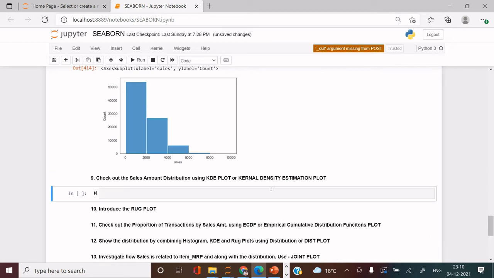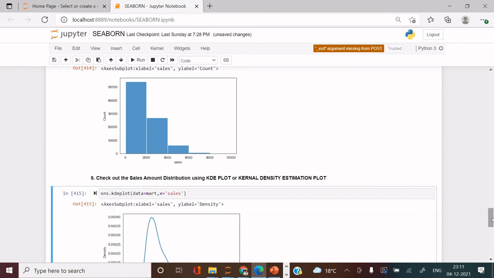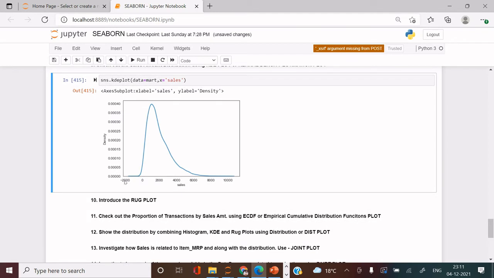Now if you want to see the kernel density estimation distribution, then you can use sns.kdeplot, and in that same way you can supply mart data, and over here on x-axis again I will plot sales, and then you're going to have the kernel density estimation plotted over here. Now you can see it's almost a normal distribution, the data is normally distributed.